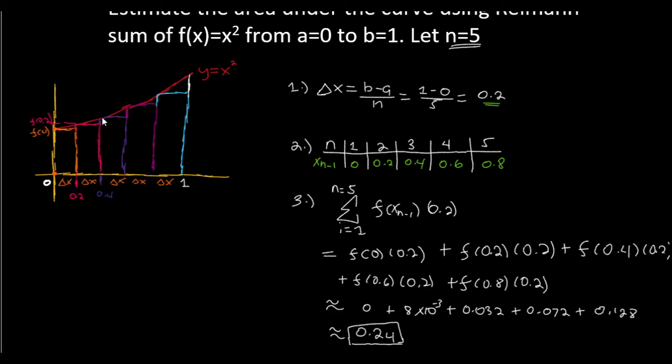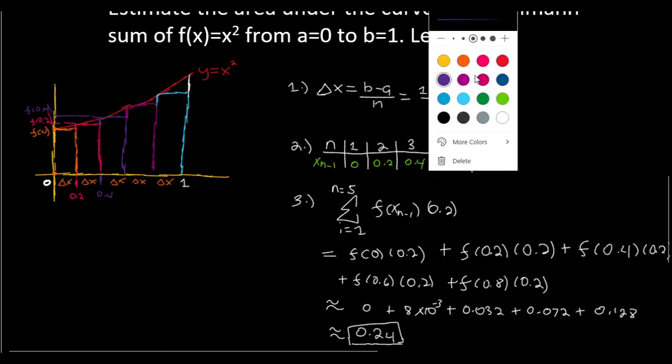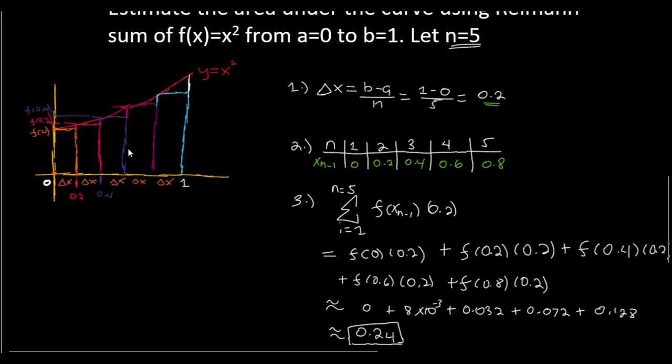Yung height niya is ito. F of 0.4. And then yung height ng fourth rectangle natin, which is ito, at 0.6. F of 0.6. And then yung last is at